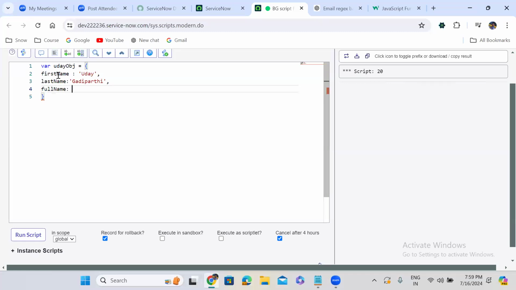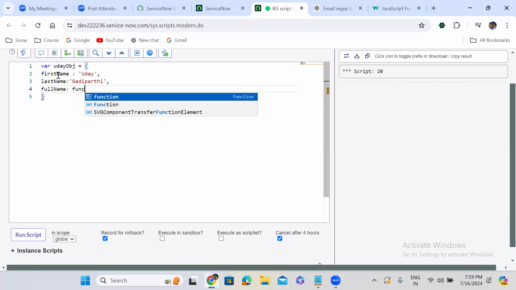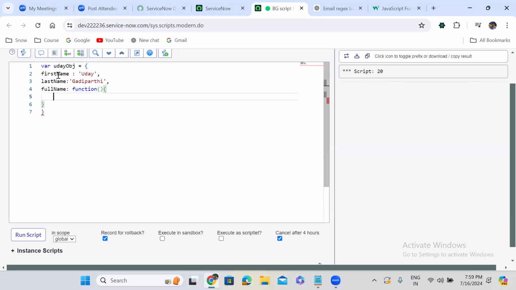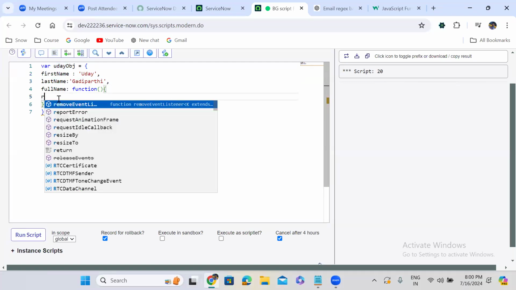I am using a function here. Full name, function name I am taking here. So this is an object. These values will be stored in this object. This dot first name means Uday. This dot last name means Gadiparthi. Return